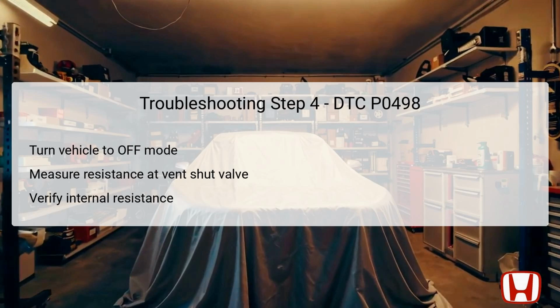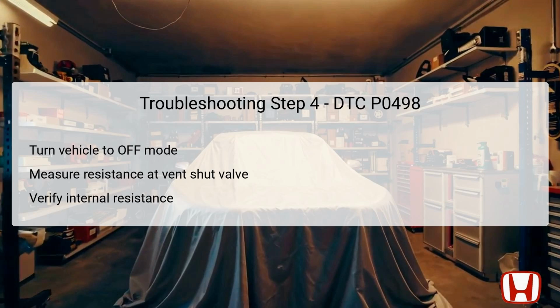It is important to conduct this measurement while the vehicle remains off, thereby isolating the valve state from any power fluctuations. Ideally, the resistance should fall within a range of 25 to 30 ohms at room temperature. If the resistance reading aligns with this specification, the valve is operating correctly, thereby prompting progression to the next troubleshooting step. However, if the resistance deviates from this range, it indicates a defective valve, necessitating replacement to restore the functionality